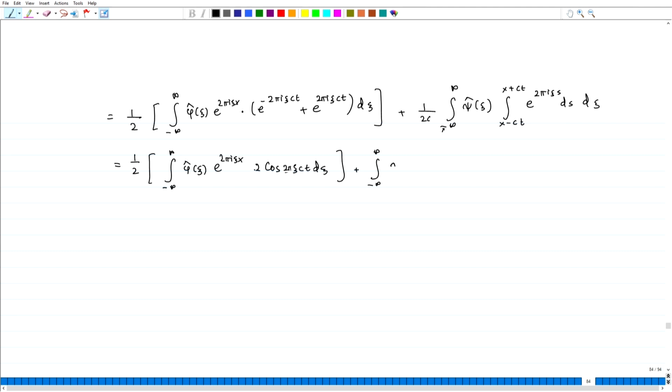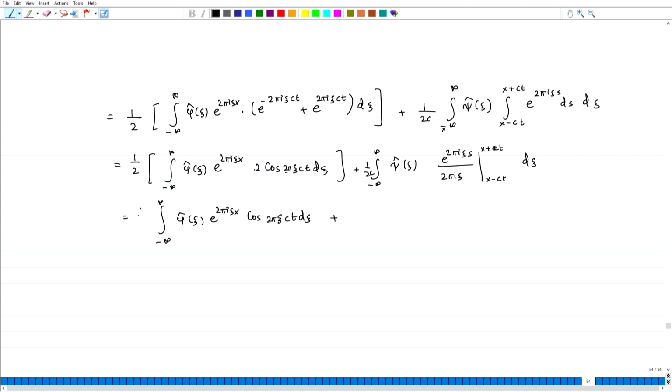If we integrate, this is going to be psi hat(xi), 1/(2c), then e^(2 pi i xi s), the s integral gives 1/(2 pi i xi), from x minus ct to x plus ct, then d xi. So this becomes 1/2 times the integral of phi hat(xi) e^(2 pi i xi x), and the 1/2 goes away here, so we have cos(2 pi xi ct) d xi plus,